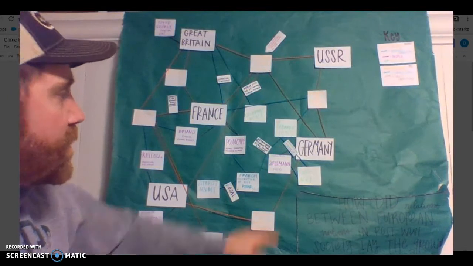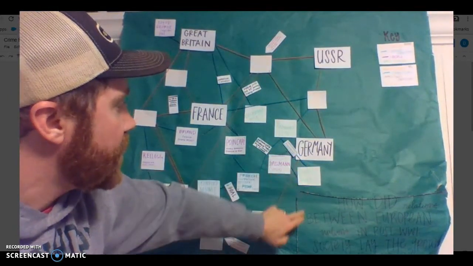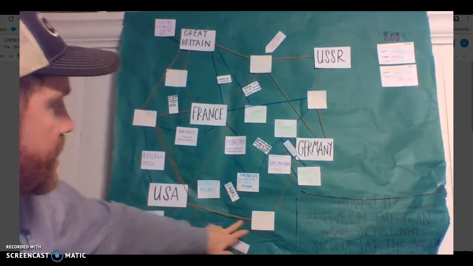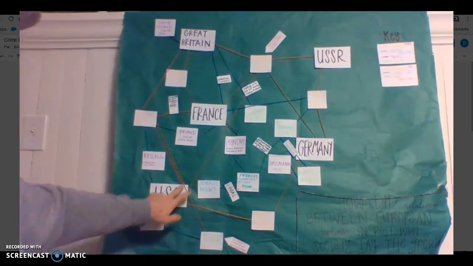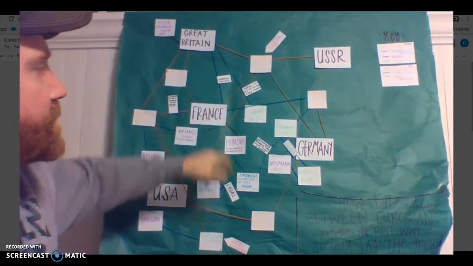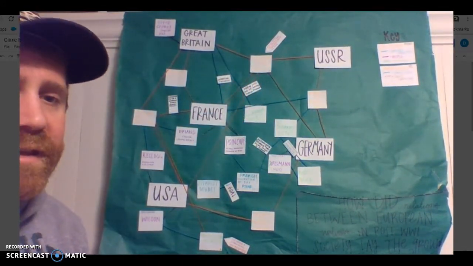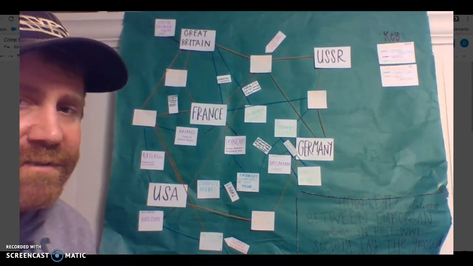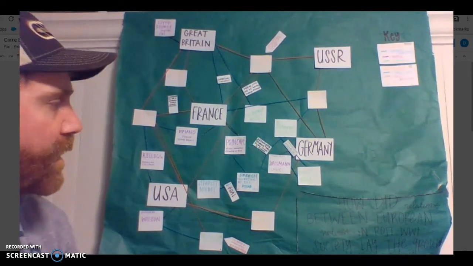And so, they went from, let's see here, Germany to the Treaty of Berlin, but the Treaty of Berlin is also connected to the United States. The United States is also connected to the Locarno Treaty, which is connected to France, and so they start to see and develop connections among multiple pieces of evidence here, and that's what you want to try to do.